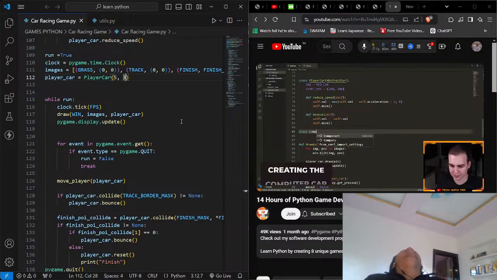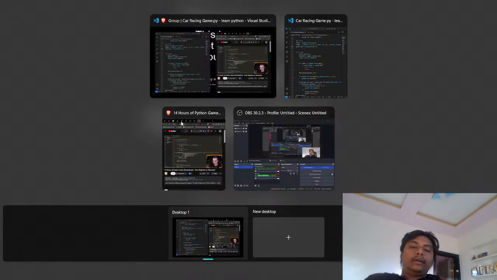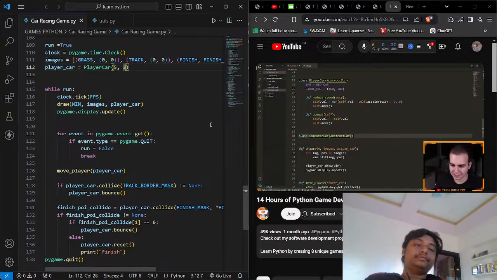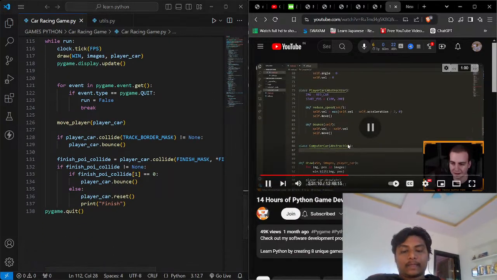So I'm going to say class ComputerCar like that. It's going to inherit from AbstractCar. And then inside of here, I'm going to define